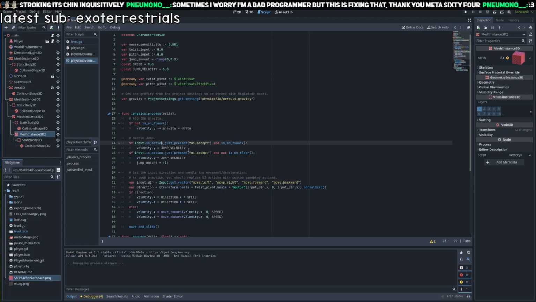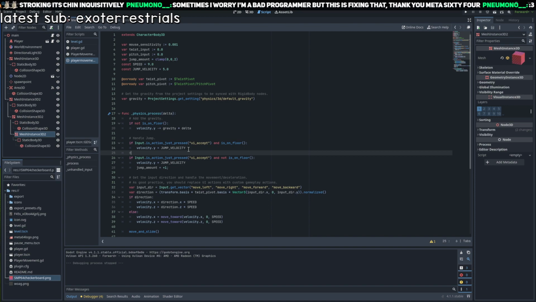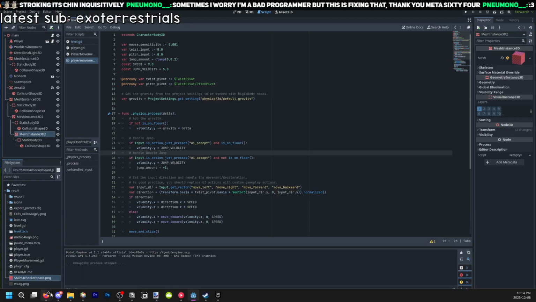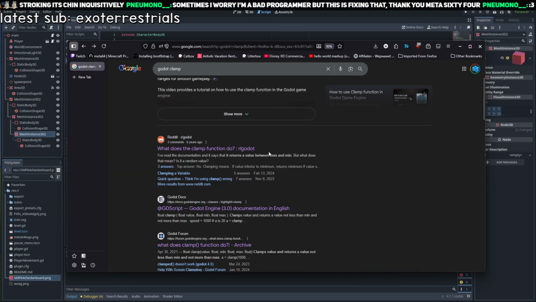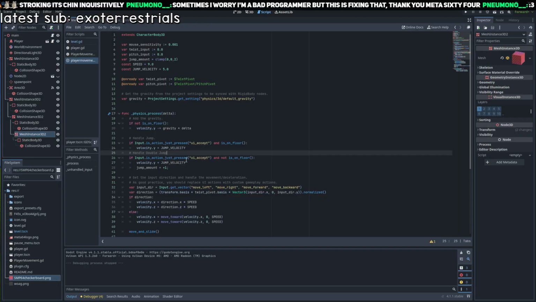This is handling jump. We're trying to implement double jump. We just need it to be capped. I think we can work with a double jump if I can just cap it at something. Like if I make an increase of value and the value has a specific limit that I can get to, and then it won't do anything. Okay, you know what I think I'm missing? I think I might need an if statement in here, like if the jump amount is equal to 2, then kill it. However,